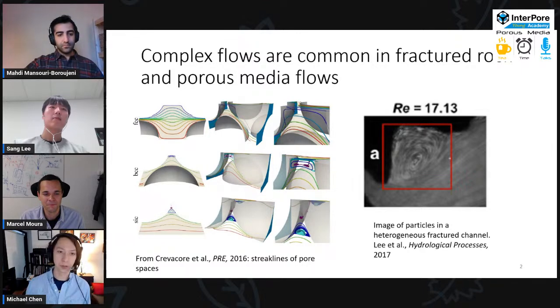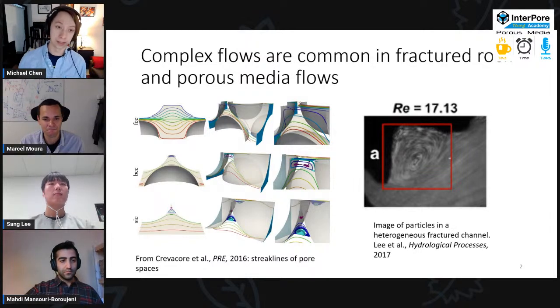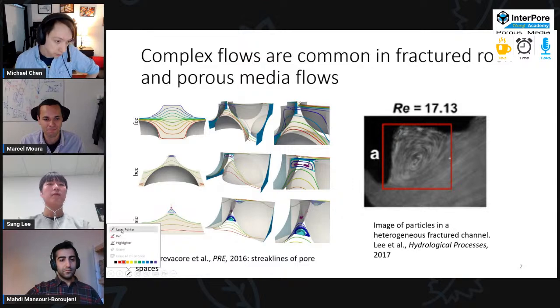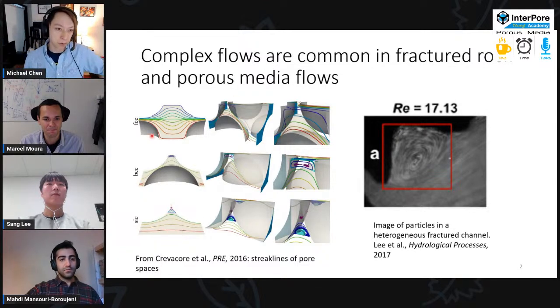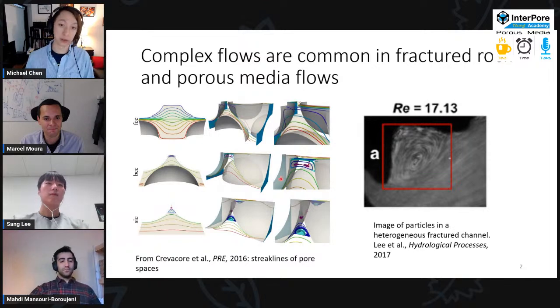When you study porous media flow, you think, oh, we're going to get Stokes flow, we're going to get streamlines whose complexity just matches the tortuosity of our bead pack or our fracture. But what has recently been shown, and let me turn on my laser pointer, is that even for these kind of Stokes flow cases,